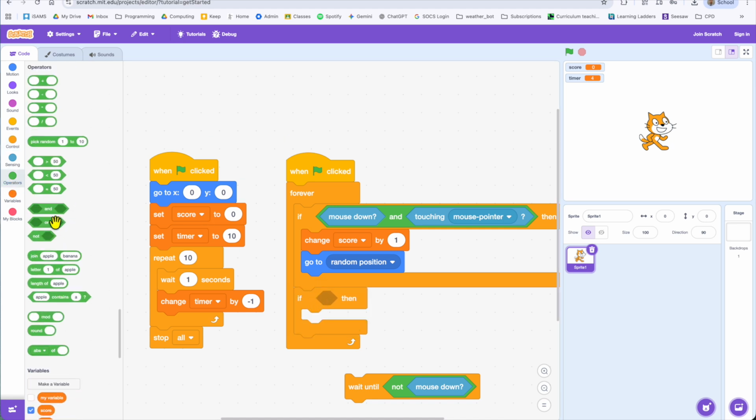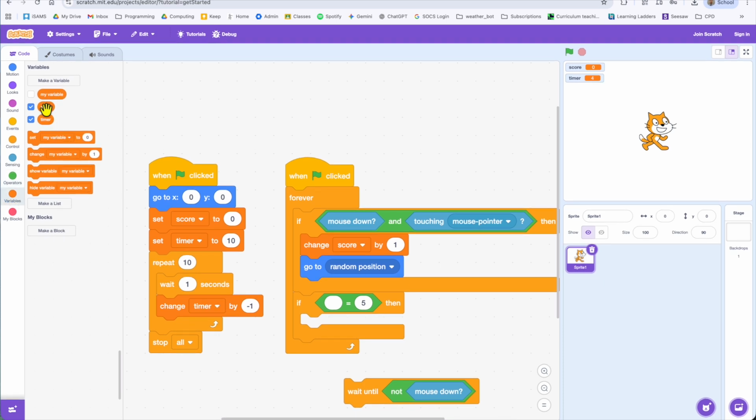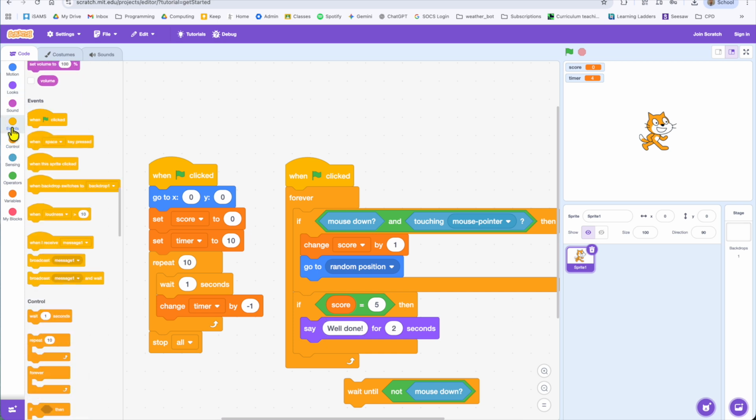If we're looking for something equals to, so if they get to a score of 5, for example, in the variables, we need to drag this oval score in here. So we're saying if the score is equal to 5, then we're going to say, well done, and then we are going to